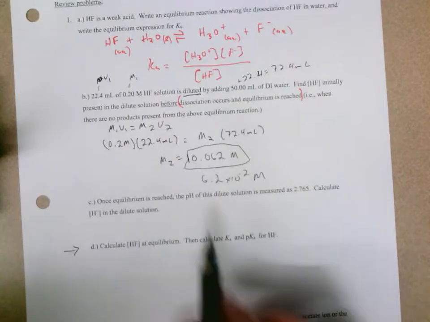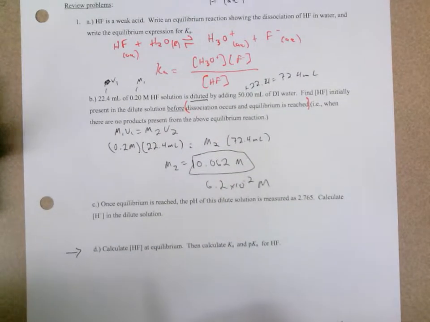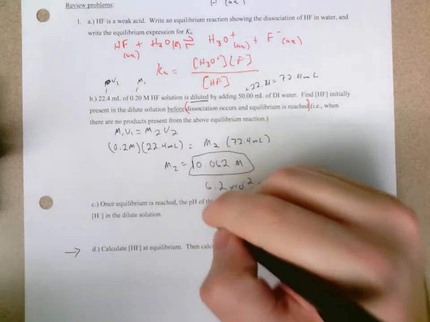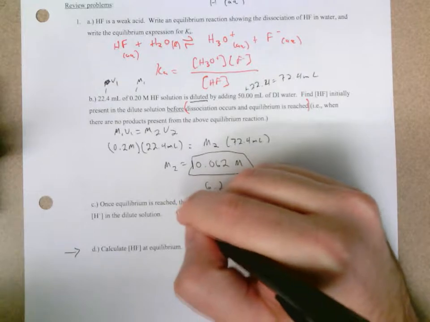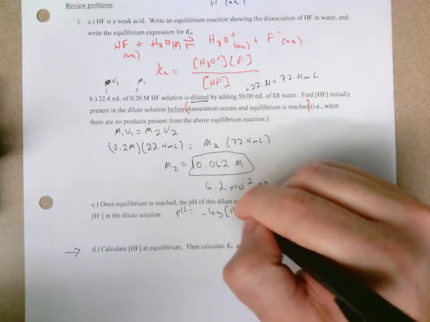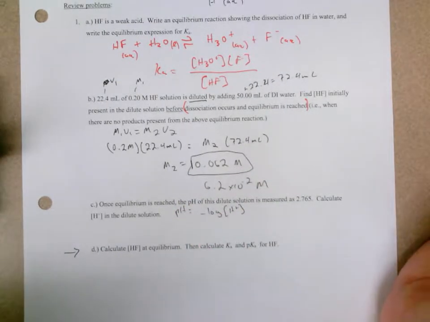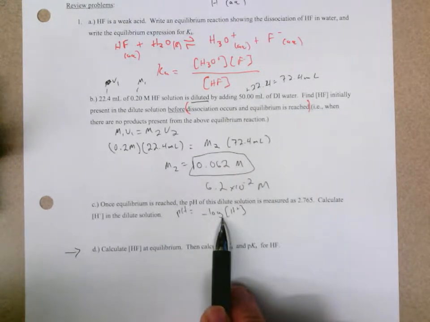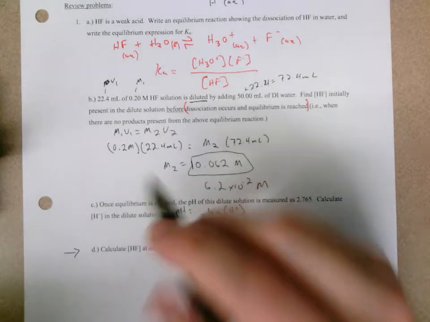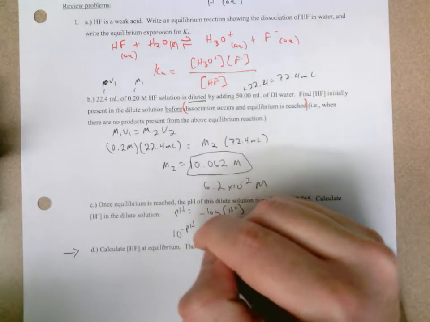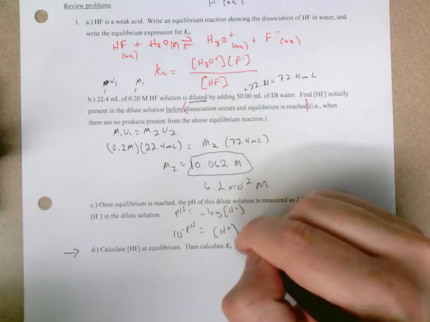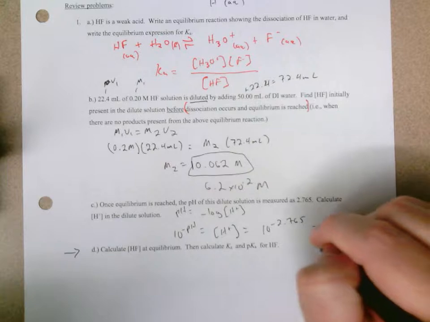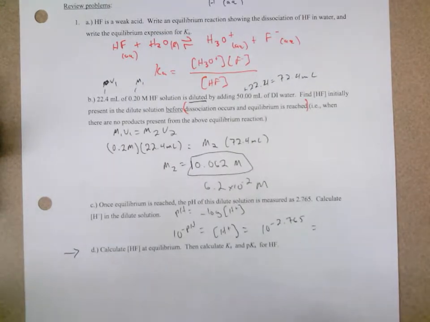Now we said we reach equilibrium in our diluted solution and we measure the pH as 2.765. How do we find the H+ concentration? We know pH is the negative log of H+. Given the pH, we want to cancel out the log, so we raise 10 to the power on both sides. We also bring the negative over, so 10 to the minus pH is our H+ concentration. Our pH is 2.765, so this should give me